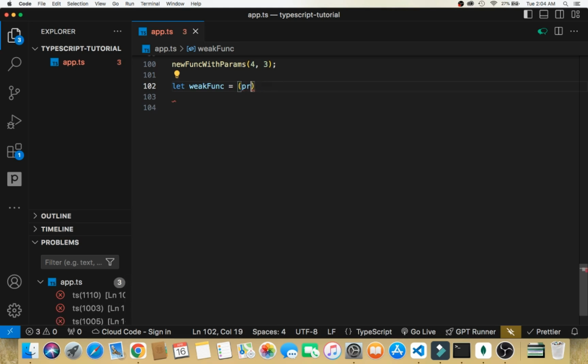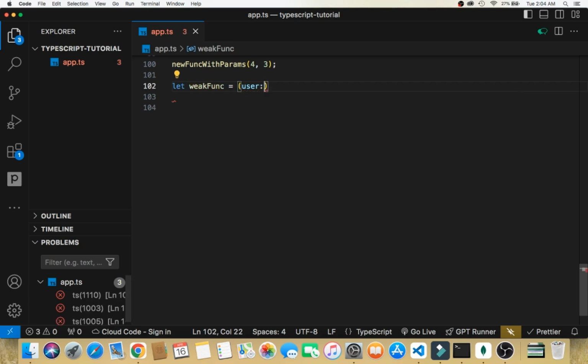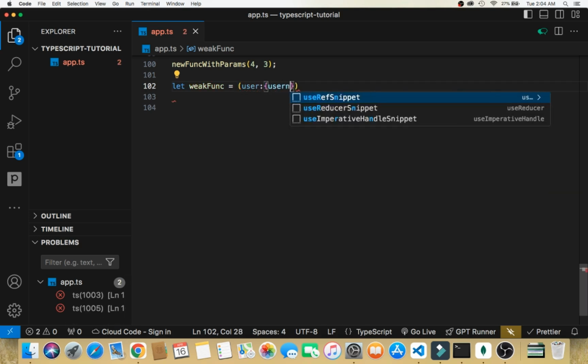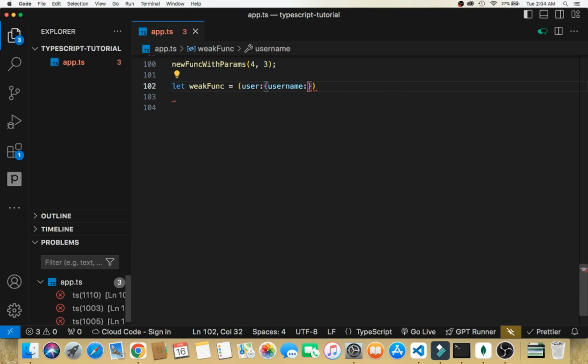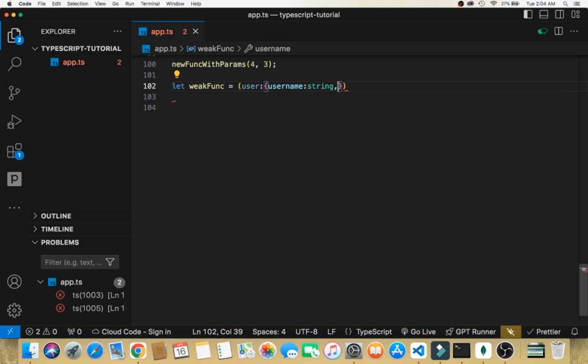I think user is much easier to work with. So user, then I would pass in an object, so I'll say username. Then for the username I'll set it to the type string, right? So I can say string, and then I think username has age, right? Then I'll set that to a number, and then I'll say that the user's phone number,